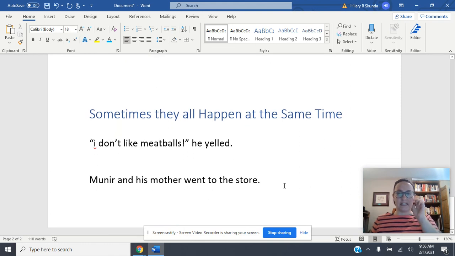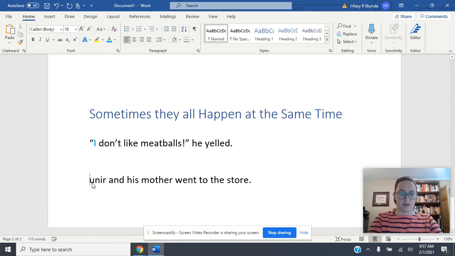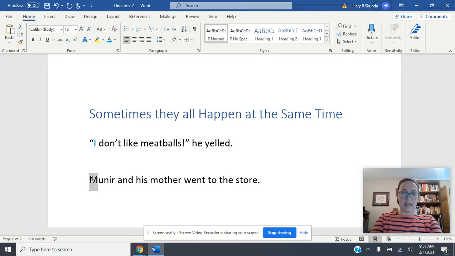Sometimes we will see these things happening all at the same time. We might see it as the first word of a sentence, and it might be one of the other rules, like how I needs to be capitalized. And we just do the same thing, even if several different rules are happening at the same time. Look at that. Microsoft actually capitalized that for me. Munir and his mother went to the store. So Munir is a name, and it's also